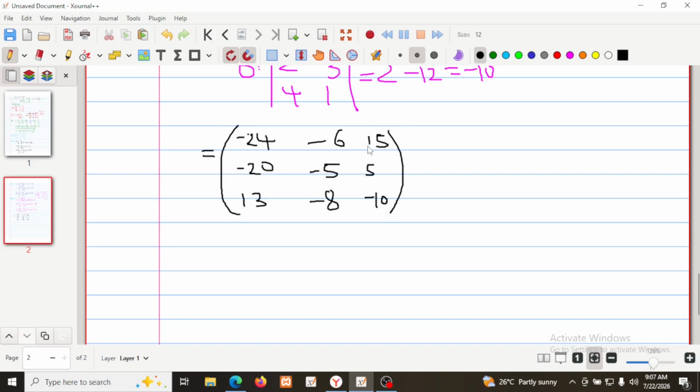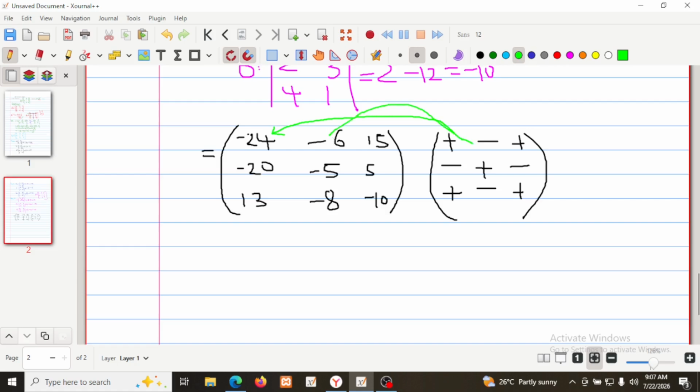Then next, before we find the transpose, we multiply by the sign matrix, which is positive, negative, positive, negative, positive, negative, then positive, negative, positive, like that. So we multiply each element by its sign. So for example, this will be multiplied by the negative, like that, then negative 20, so that we get the matrix